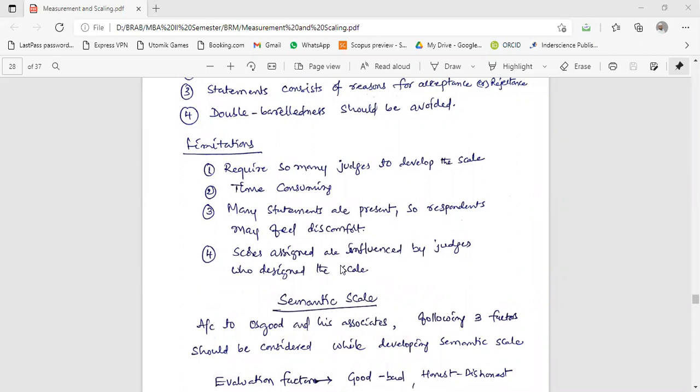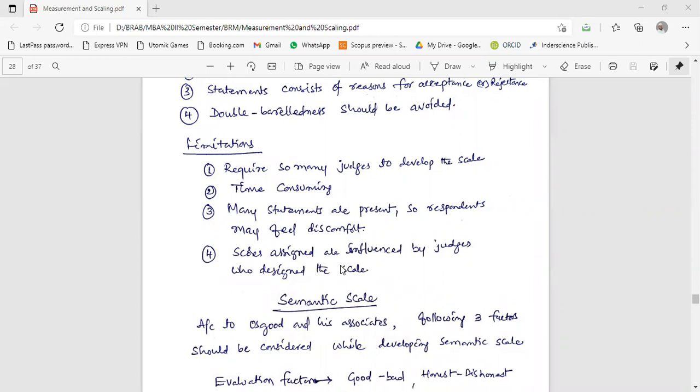Again, those people will rate those statements, and we have to select the most suitable 11 statements, which should be provided to the respondent. So it needs a lot of panel experts, and it is difficult to get experts nowadays. It is also a time-consuming process.